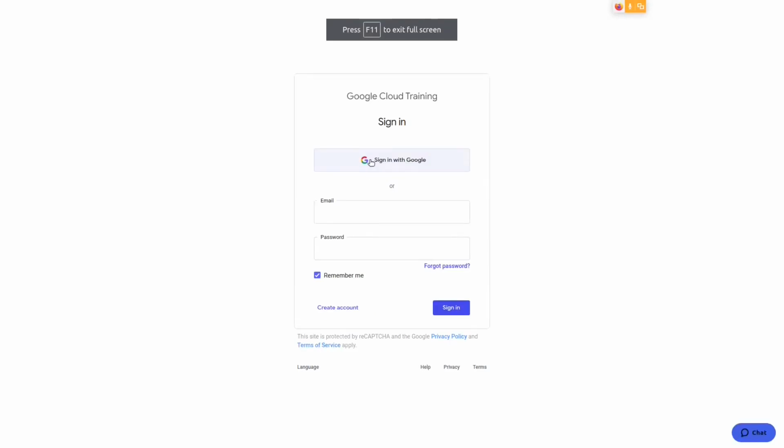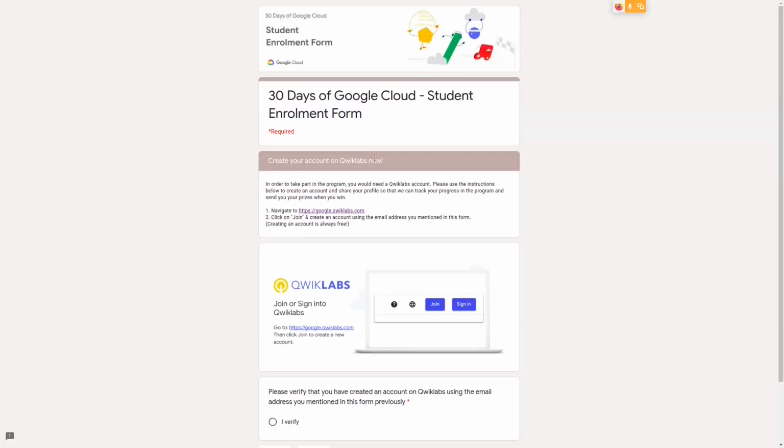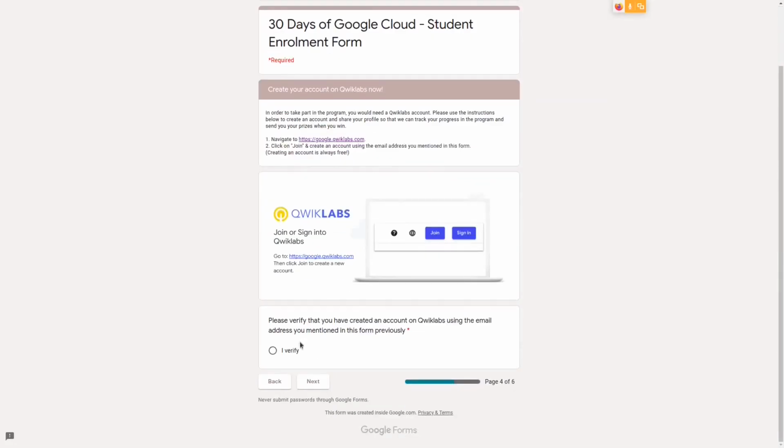After you have created an account, go back to your form and click I verify. This says you have created an account on Quick Labs using the same email. So if you have done that, click on I verify and click on next.